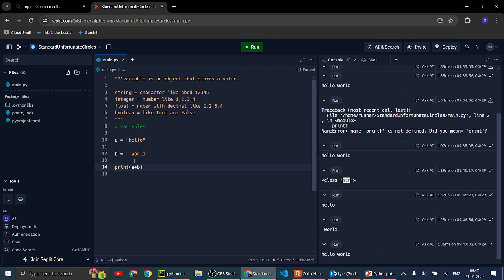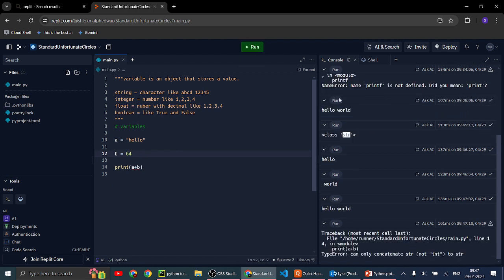Okay, so if it would be a number, or 64, it will throw an error that int can't be added to str. It's like asking, why are you putting a maths book on the English shelf?